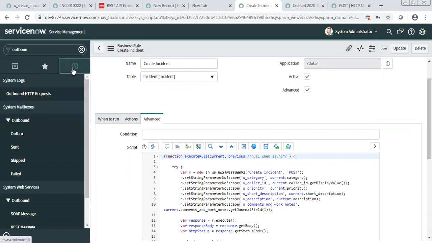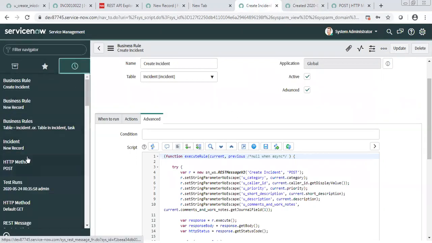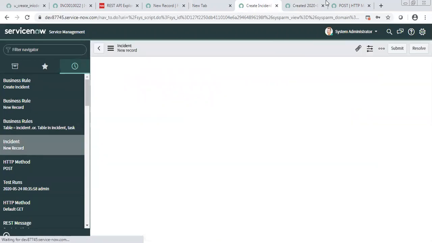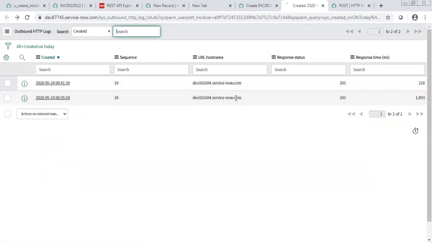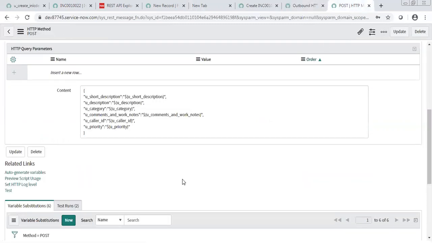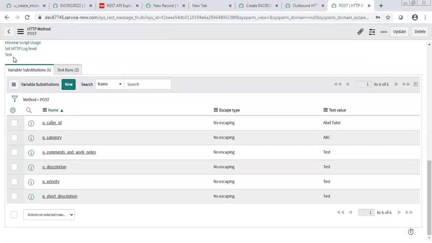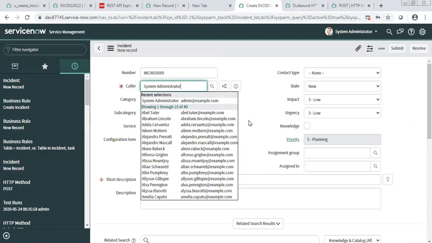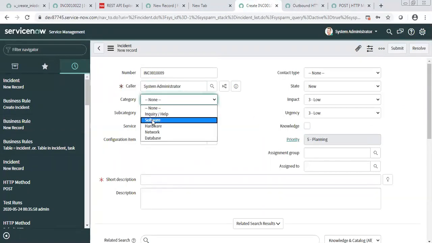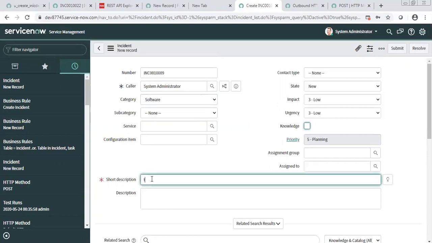So now if I create an incident, let me just create an incident, then you will see one more entry created here. Right now, if you see here, just two entries are there, those which we tested through test. Now if I create one more entry here, I cannot select ABC here, so it is not going to work.